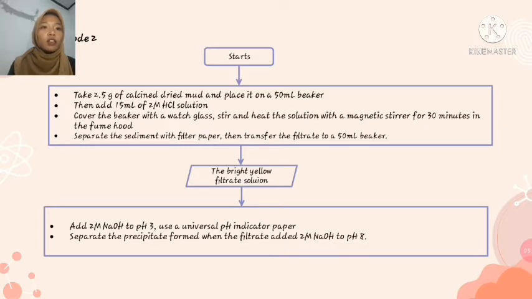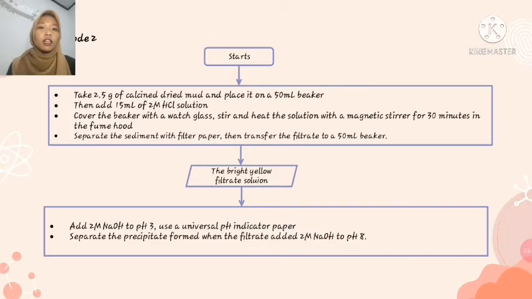Use universal pH indicator paper, and then separate the precipitate formed when filtered, and add 2 molar sodium carbonate anhydrous to pH 8. The result: precipitate,